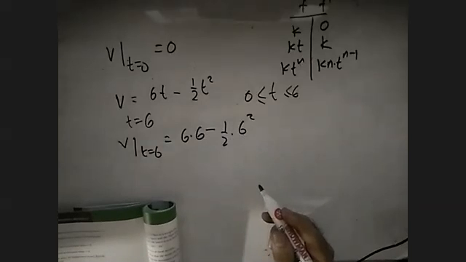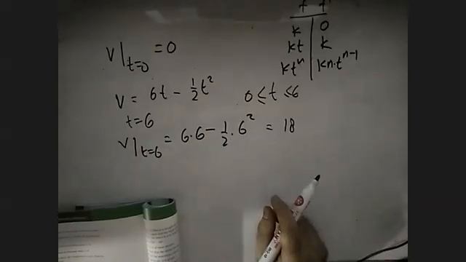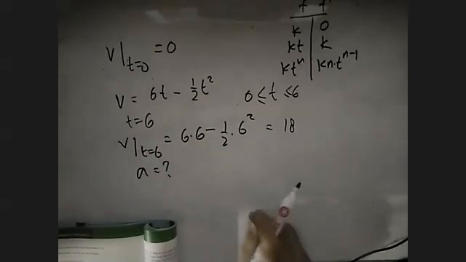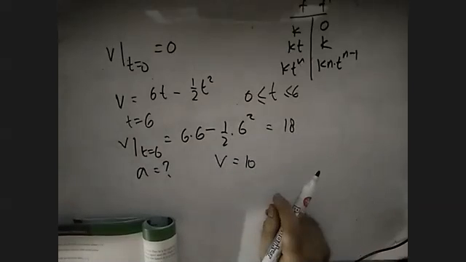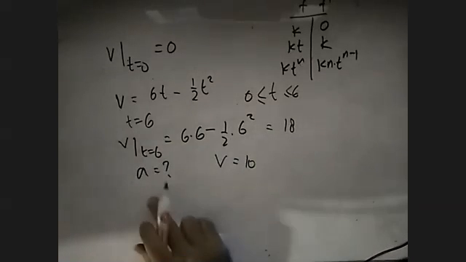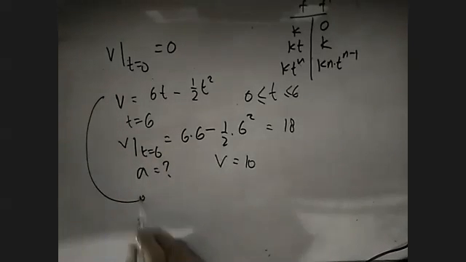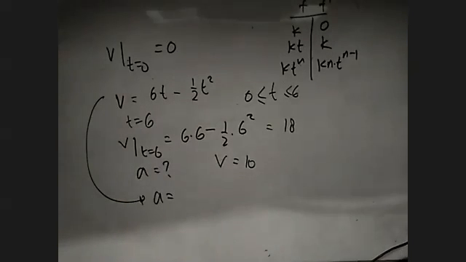Now this is easy, right? That's going to be 18. The second part, find the acceleration when the velocity is 10 meters per second, when v is 10. Now, we need to do the formula for acceleration first. If this is our velocity, what is the formula for acceleration? We are going to differentiate this. So a is going to be, okay, let's have